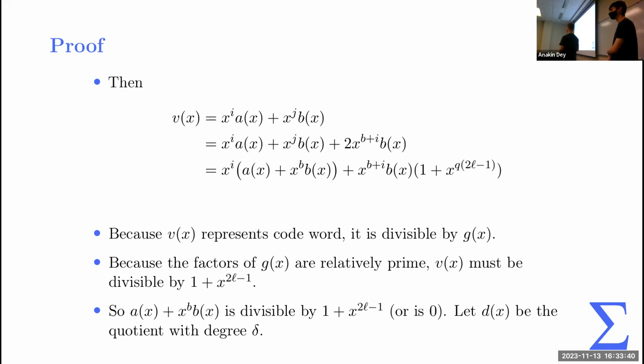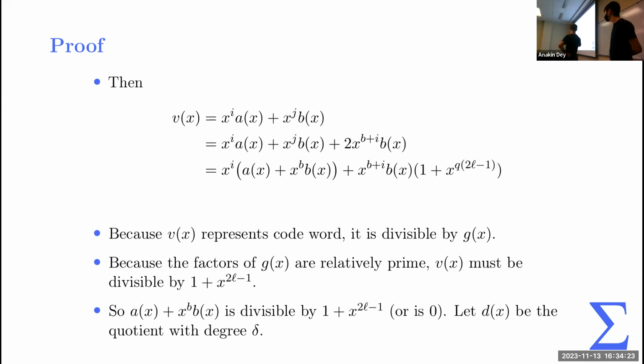And you know that the second term is divisible by 1 plus X to the 2L minus 1. And then that first term must also be divisible by that. Because if the left-hand side is divisible by the term, and you have the sum of two terms, and one of the terms is divisible by that same thing, then the other term must also be divisible. Otherwise, if you subtract, it's divisible by the entire 1 plus X to the L. You might be divisible by the rest, but the key part is